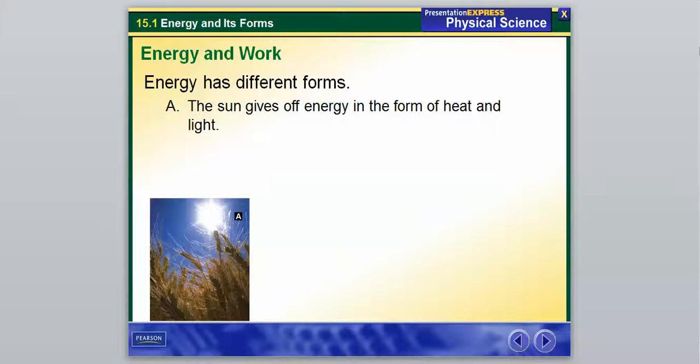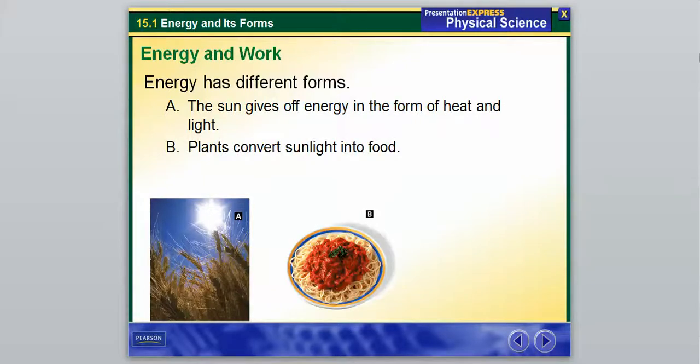Our main source of energy comes from the sun. That drives everything on Earth. Without the sun, we wouldn't have any type of life here. The sun gives off energy in the form of heat and light. Plants can harness that sunlight and turn it into food for themselves through the process of photosynthesis, for a little biology connection. Plants also form the base of food chains. They become food for other things, like the cow, and the cow becomes food for the human.